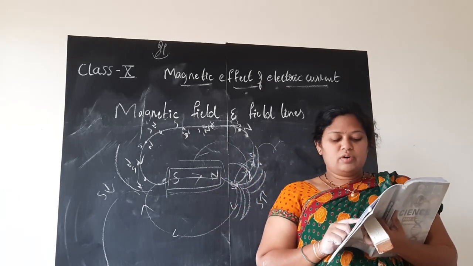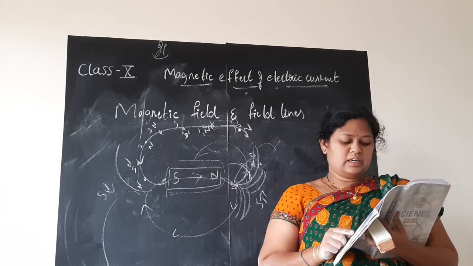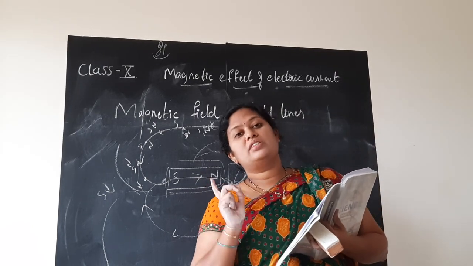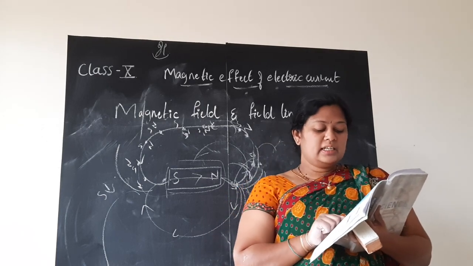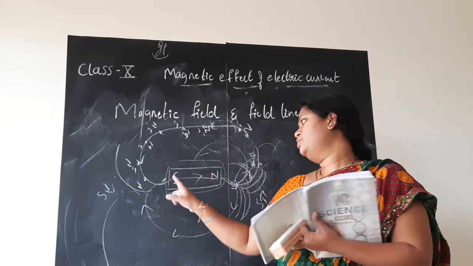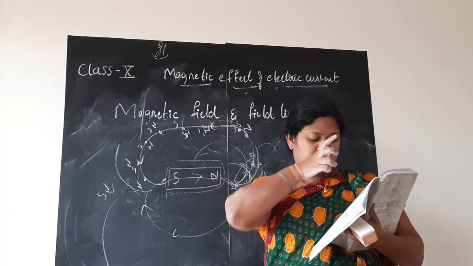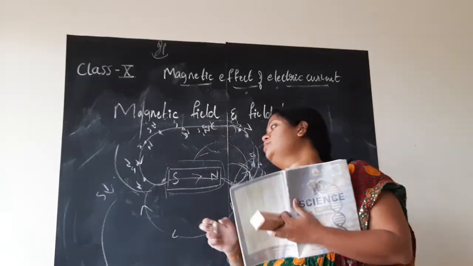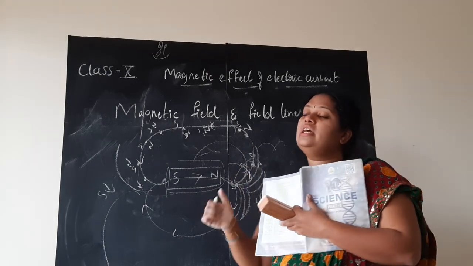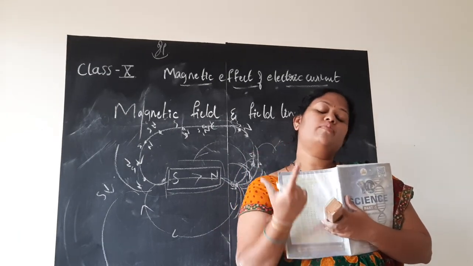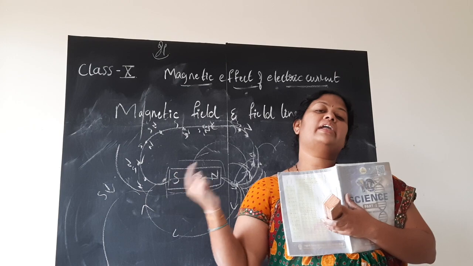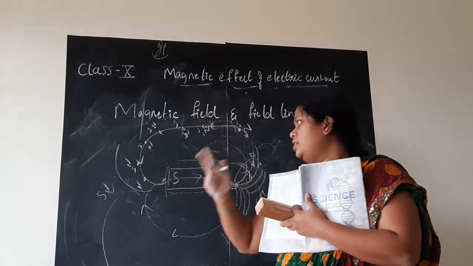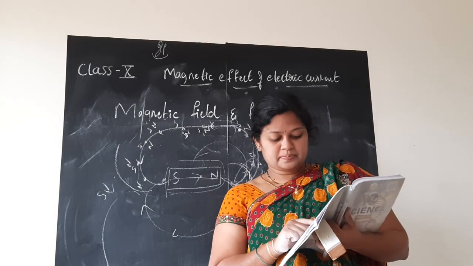Note the arrow marks on the field lines in figure 13.4. Even in the bracket they have said that arrow marks are very important. Inside the magnet, the direction of field lines is from south pole to north pole. Yes, we studied it. Thus, the magnetic field lines are closed curves. Yes, this point is very important. Magnetic field lines are closed curves. They always travel from north pole to south pole outside the magnet, whereas inside the magnet they travel from south pole to north pole. These three points we studied till now.